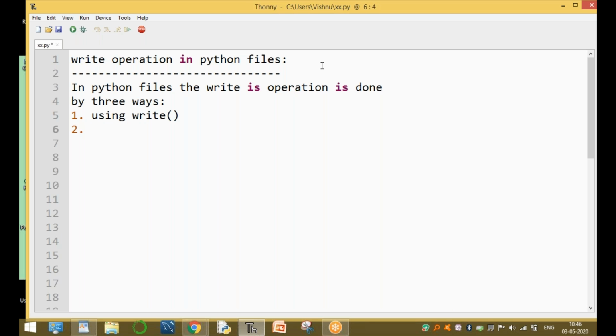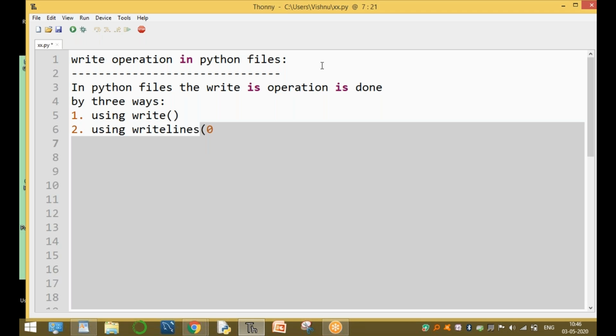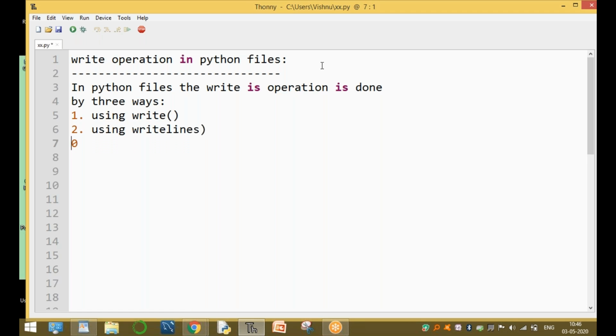The other way is using the writelines function. And the third one is using the print function also. It's very important. These are the three important ways: using the write function, using the writelines function, and using the print function.